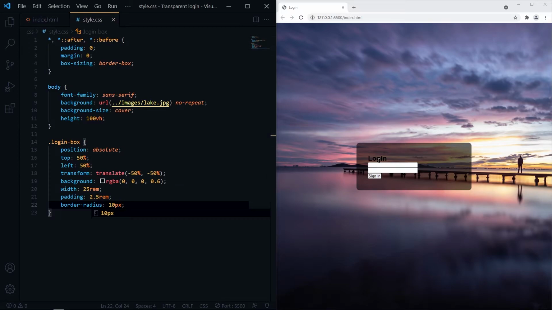Now for our heading tag, we need to give some margins, change the color and make it in the center.